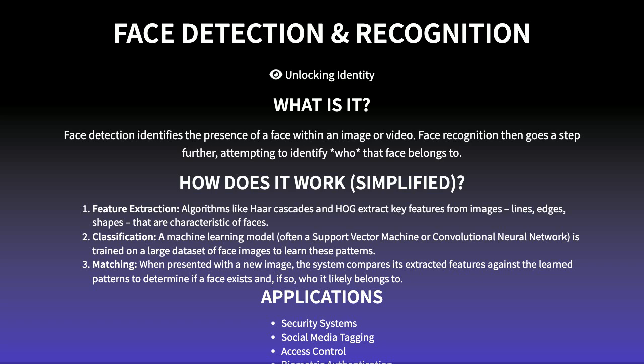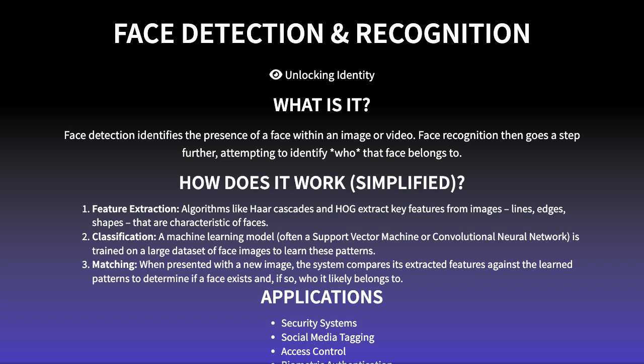Once a face is detected, a trained model, often a type of neural network, compares those patterns against what it's learned from tons of examples. This allows the system to match a new face to an existing identity. You'll see this used everywhere, from security systems and social media tagging, all the way through access control and even